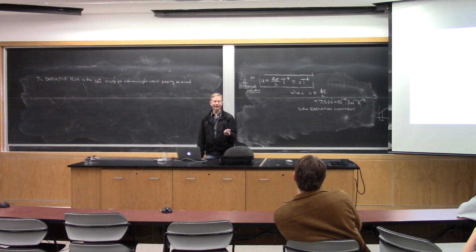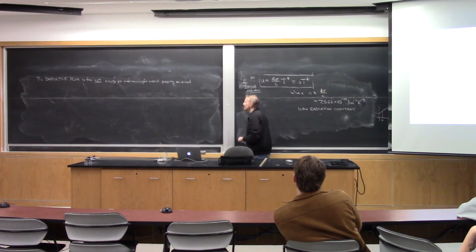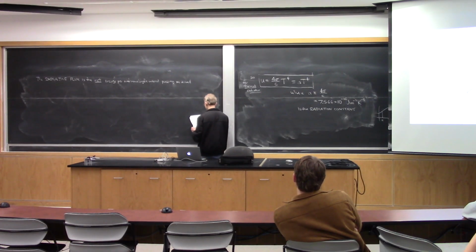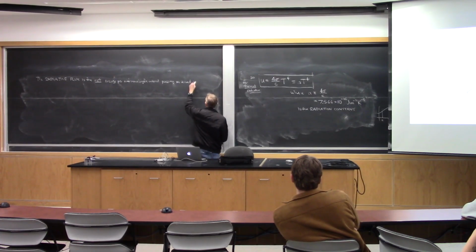But we're not consistent. We'll say energy per second per square meter. Who knows why we do that? But I'm doing that too. Energy per unit wavelength interval passing per second per square meter